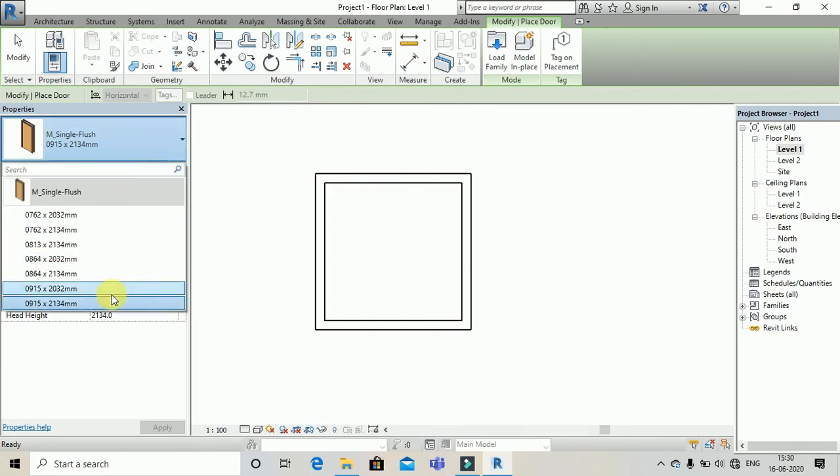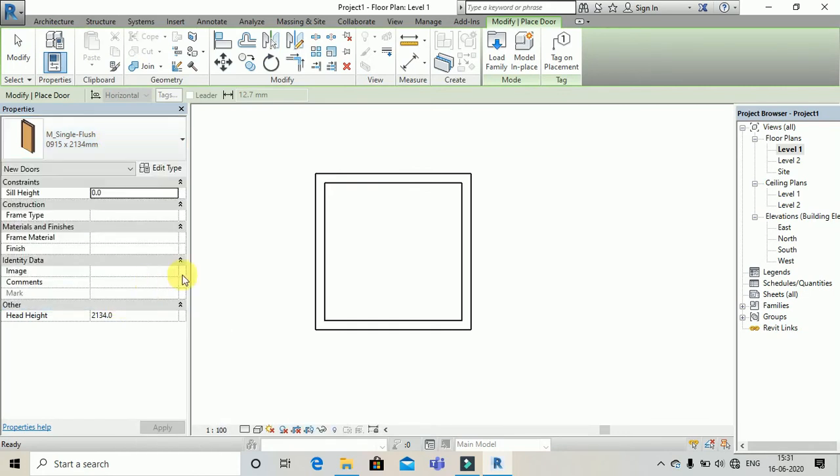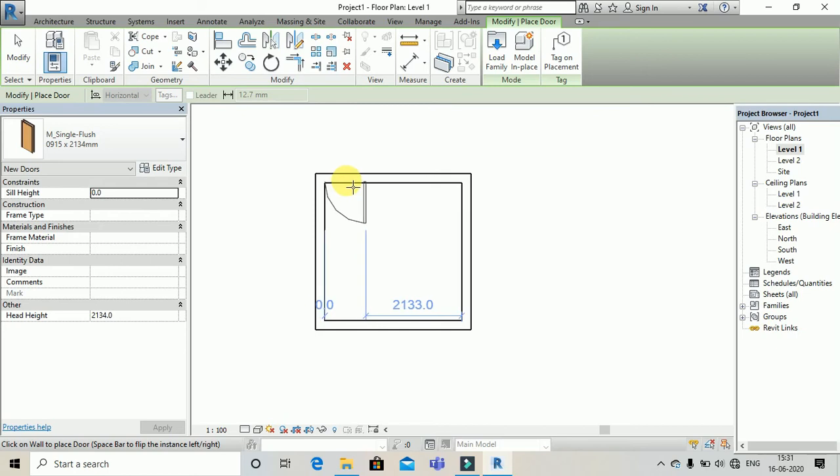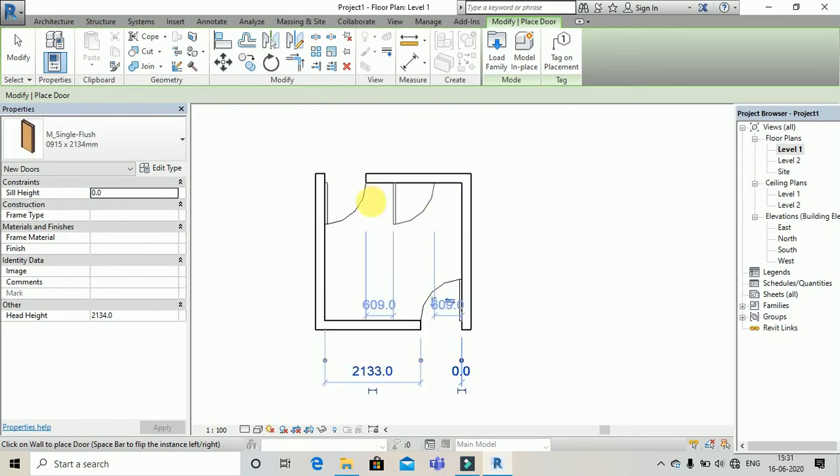Now let's move to see how to fit doors and windows. Here various types of doors are given. You can flip your door by clicking the space button on your keyboard. So let's place the door here and another door on this side. Here you can also load families for doors.